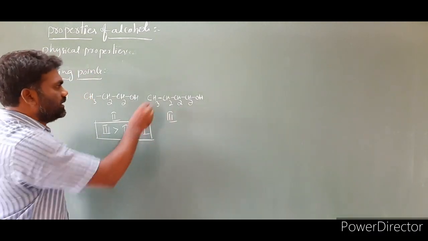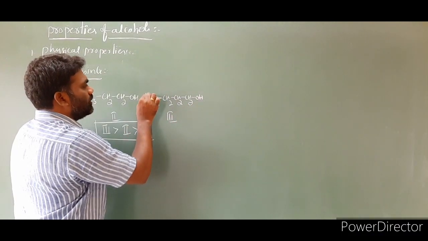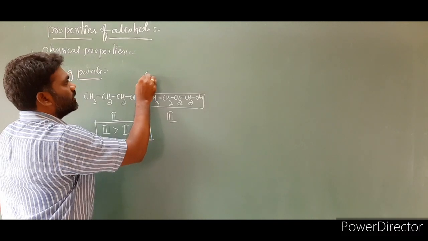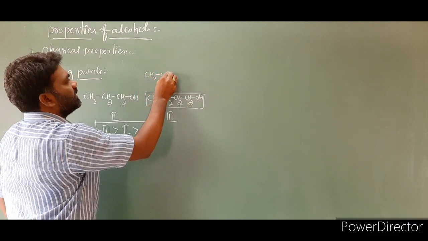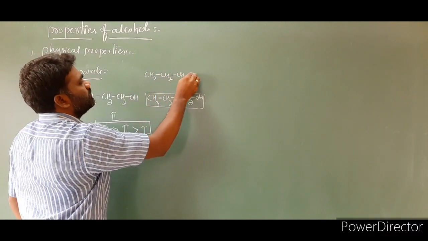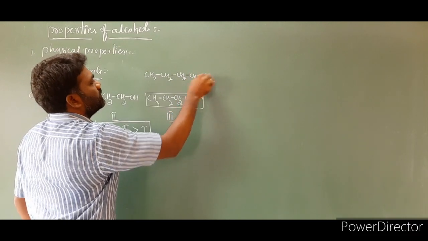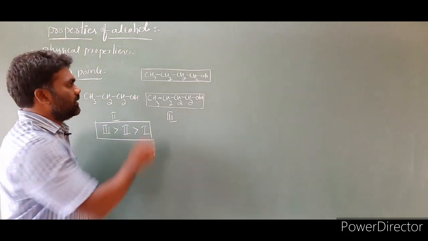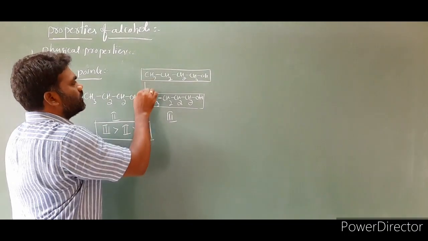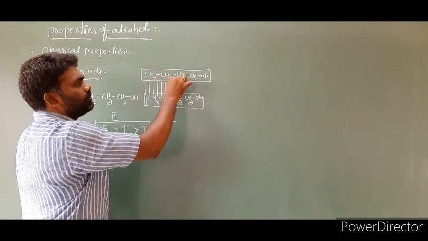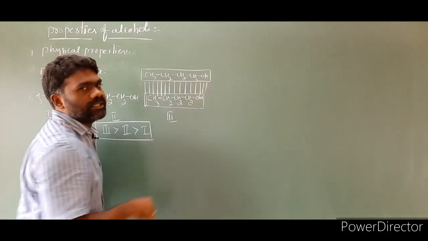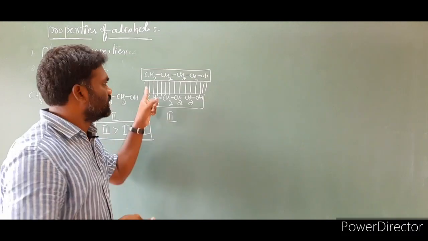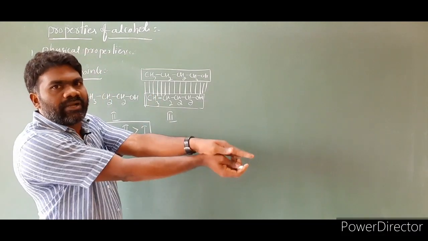What is my point? If you look here, this is the molecule. I am writing another molecule, CH3CH2CH2CH2OH. Imagine two molecules side by side. Now, this is the surface area available for contact between them. There is a large surface area, that means the more the surface area, the more the van der Waals force. So, surface area increases, area of contact increases.